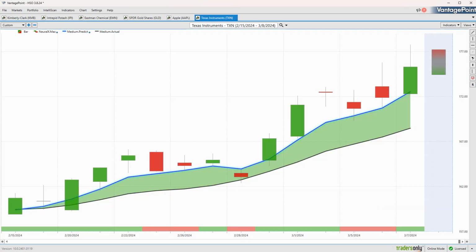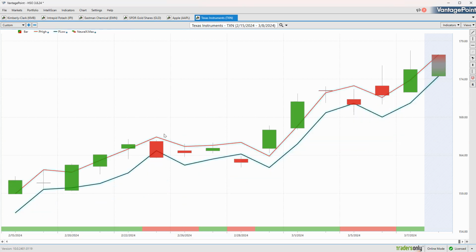And here's Texas Instruments, just to highlight again, there's this mixed nature in some of the tech space and certain stocks. And so you really want to be in the right things. Here you see this blue line over black line, neural index very bullish. Again, get these little sideways periods where price runs a little bit sideways. But what you're noticing here is that not all the markets are bearish, right? We get these situations where the NASDAQ and tech's doing quite well, but it's not an Apple, right? And so you want to find those areas that are more poised to benefit off of what's currently going on